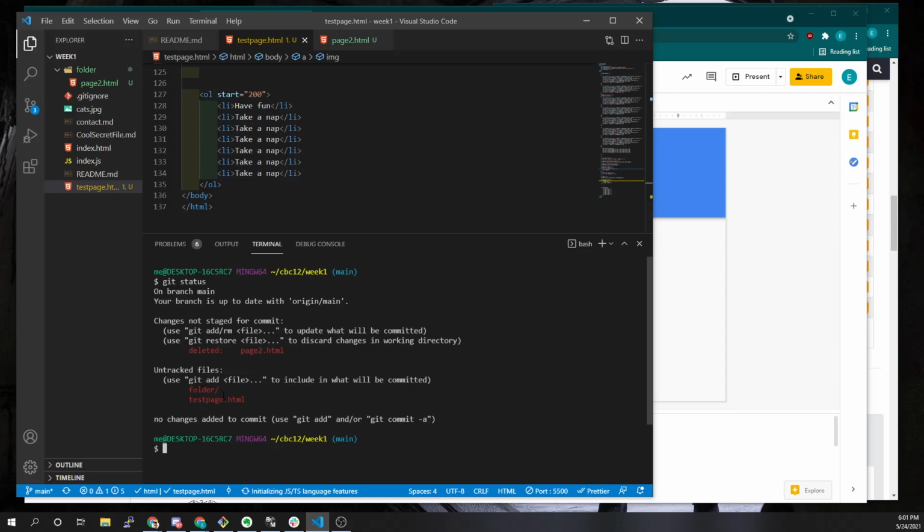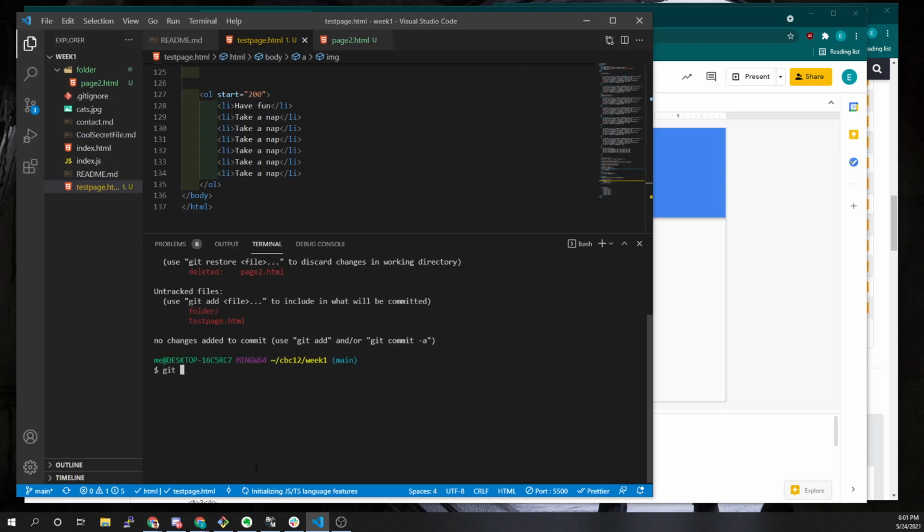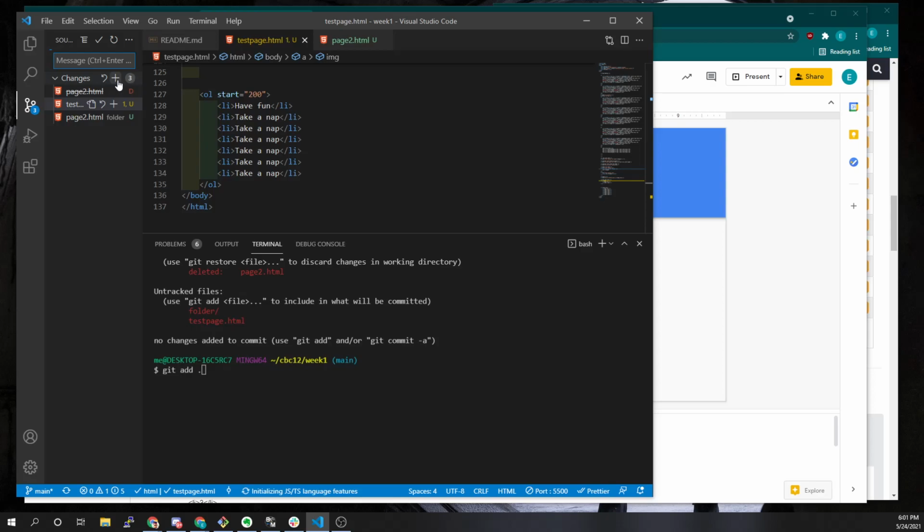It added a folder, and we've made some changes. Test page.html is new. We can do this either by going here and typing git add dot, or we can come up here and add everything that is staged over on the left through our source control, and we can just say new page,